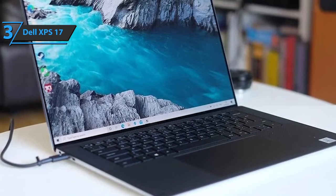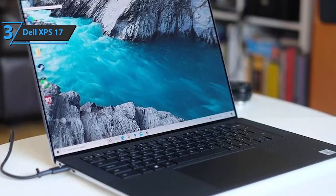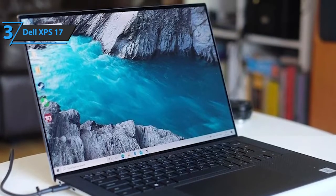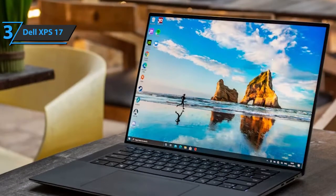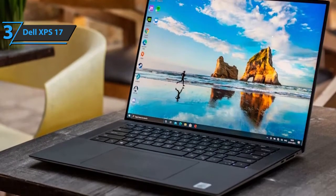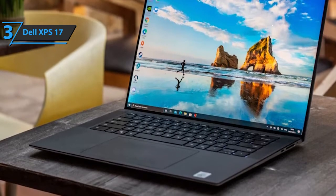from a quality display. Typing on the backlit keyboard is good and has no particular drawbacks. We notice in the upper right corner the power button, which also acts as a fingerprint reader compatible with Windows Hello. The connection makes no compromises and offers 4 Thunderbolt 4 ports, an SD card reader, and a timeless mini